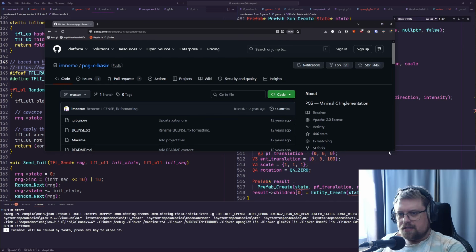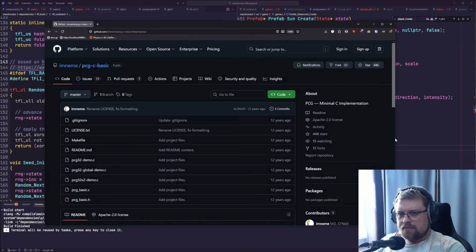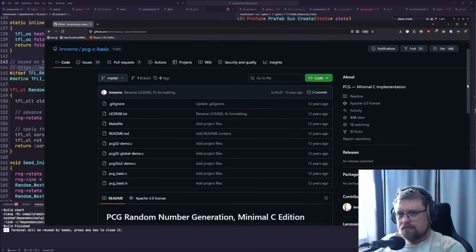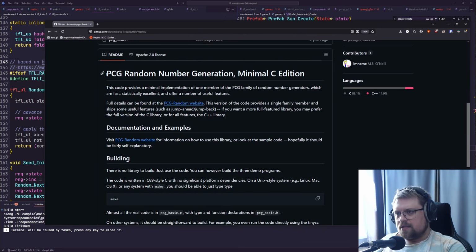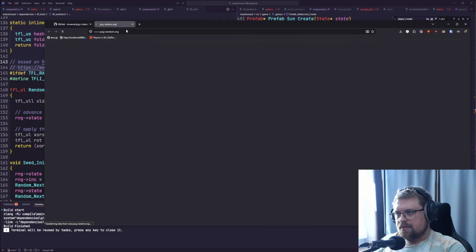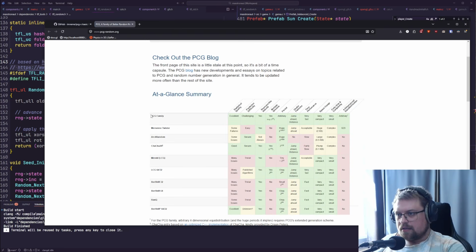It's based on this PCG. I think it's fairly popular. PCG random number generation, and they have this website where you can read about it. And you know, you have the PCG family. It's good. It's small, compact, fast,